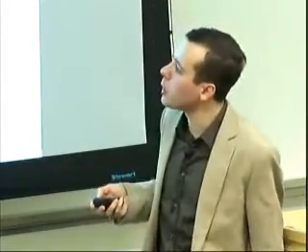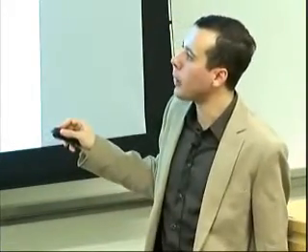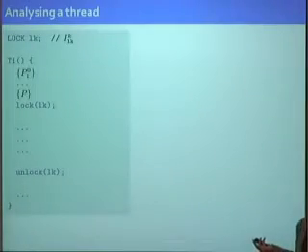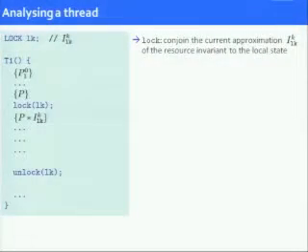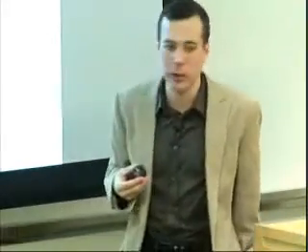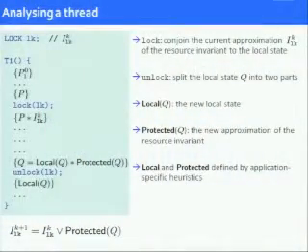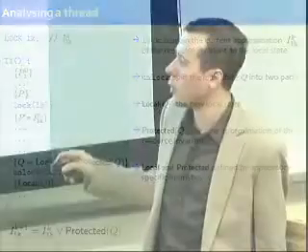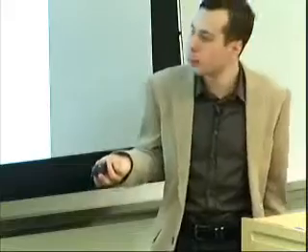So if I hit the lock command in the analysis in the case where the local state of this thread is P, then logically I should acquire the ownership of the shared state. So I'll model this in the analysis by conjoining the current approximation of the resource invariant to the local state. So the intuition here is that I assume the other threads respect the resource invariant, so it must hold when I acquire the lock. Now, if I have an unlock statement, say I hit it in a state with the local state satisfying Q, then I have to split the state somehow into two parts, local of Q and protected of Q. The local of Q will become the new local state of this thread.